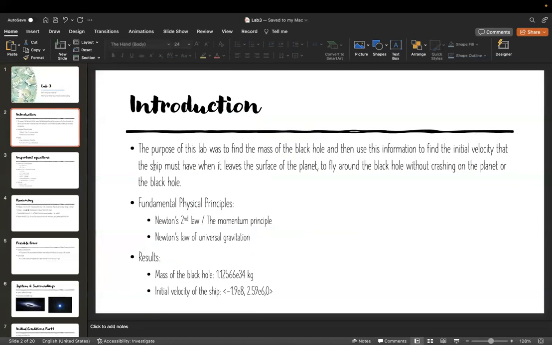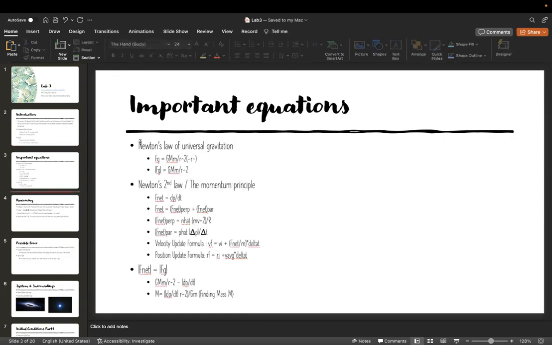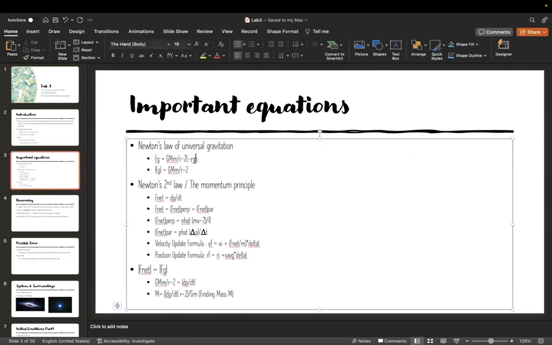As you can see here, the fundamental physical principles are Newton's second law, the momentum principle, and Newton's law of universal gravitation. A brief description of the results of this lab: the mass and the initial velocity vector. Important equations: Newton's law of universal gravitation, you can see it here, Newton's second law, the momentum